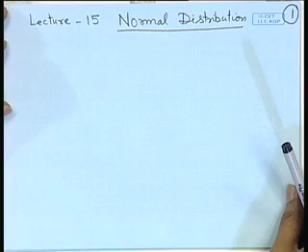Today I am going to introduce one of the most important distributions in the theory of probability and statistics. It is called the normal distribution. The normal distribution has become prominent because of one basic theorem in distribution theory, which is called the central limit theorem. It tells that if we have a sequence of independent and identically distributed random variables, then the distribution